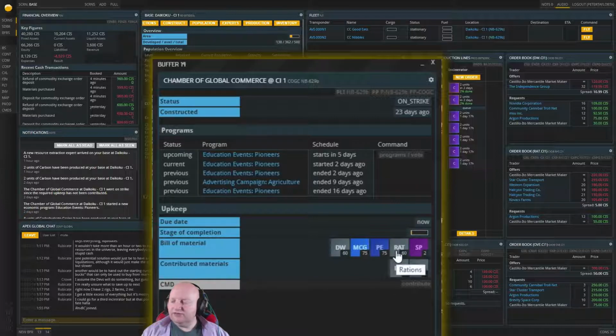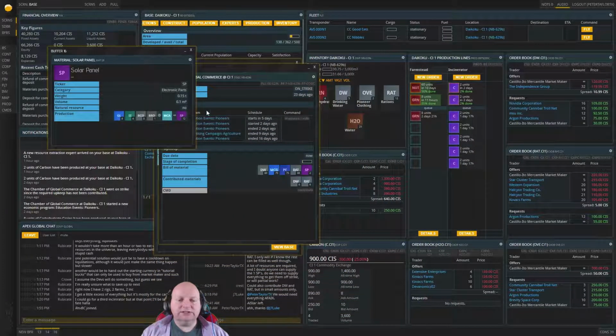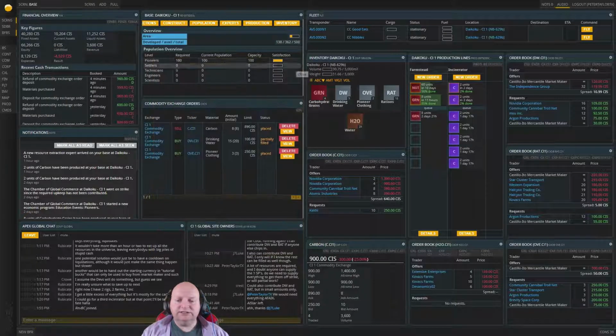Then the rations are currently going for 100. They want 60 of them. And solar panels. Now solar panels are actually where the problem occurs. They're expensive. I mean, if you actually look at them, they want 2 solar panels to run that. So if we go and look at our market,